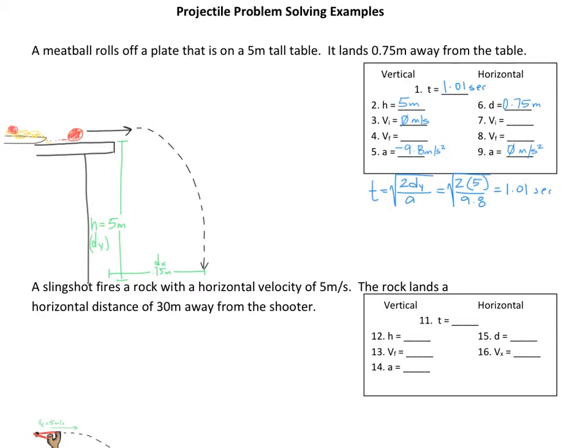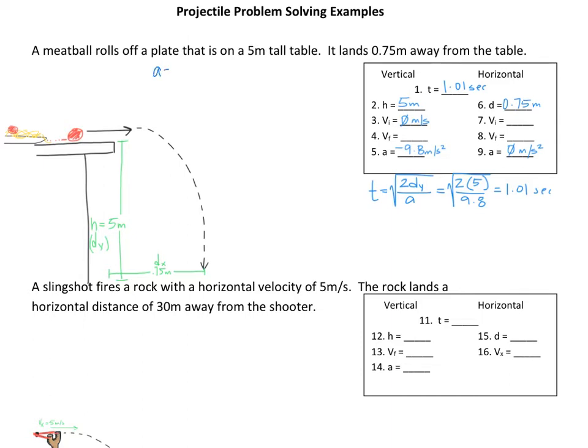So now that I've found time, I can find every other variable like the final velocity, initial velocity, final velocity horizontally. Okay, so let's start with the vertical velocity. I know that the final velocity is what I want to solve for. I know the initial velocity is 0. I know that the acceleration of gravity is negative 9.8, and I know that the height, the vertical distance, is 5 meters. So I know D, VI, and A, VF is what I'm solving for, that means I'm going to use the equation that says